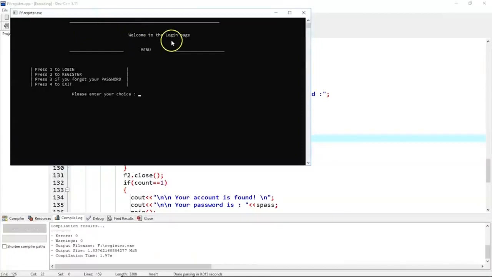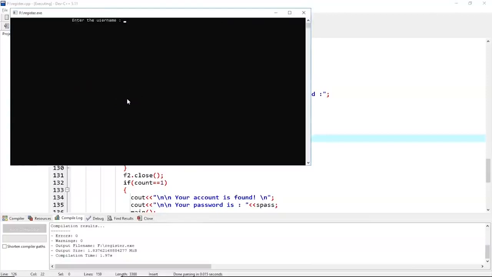So as you can see, welcome to login page. This is the menu, and this is press 1 to login, press 2 to register, press 3 if you forgot your password, press 4 to exit. So now we will enter our choice. First of all, we need to register. So we'll write 2